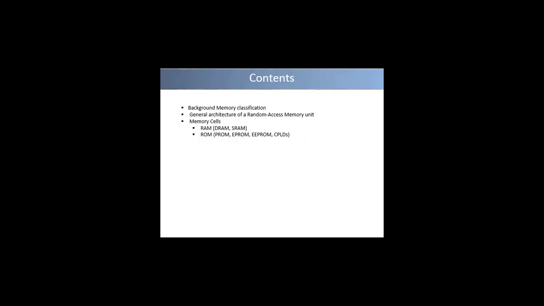First, let me give a brief recap of what we have discussed in our previous couple of videos. We discussed that the high-level classification of memory elements in digital circuits divides them into two categories. First is the foreground memory, which includes the memory components which are embedded into logic fabric. It includes latches and flip-flop registers.